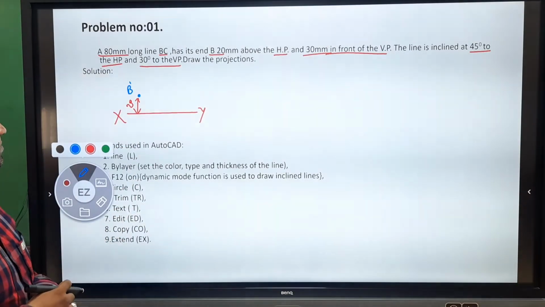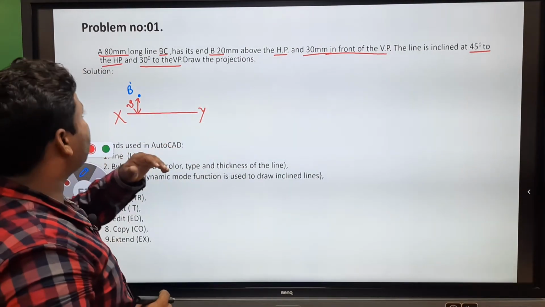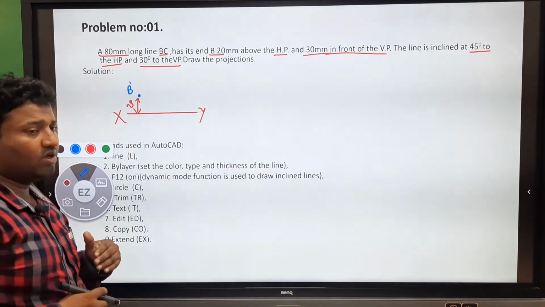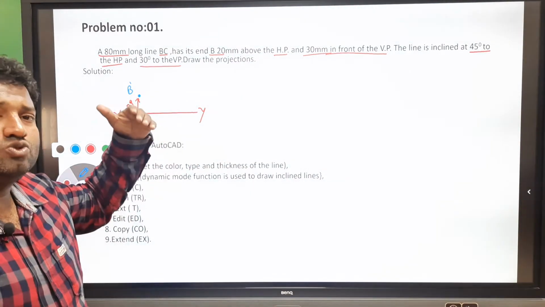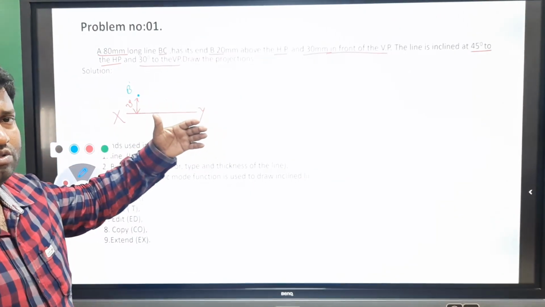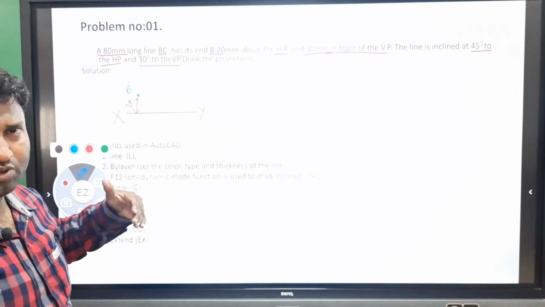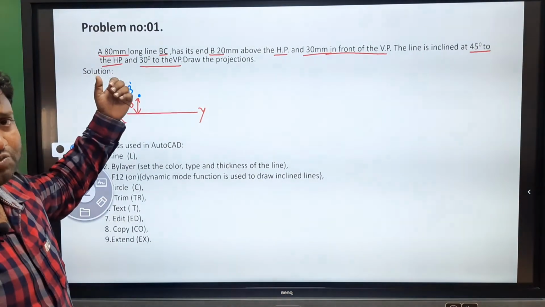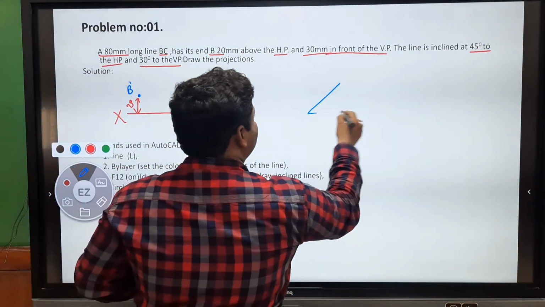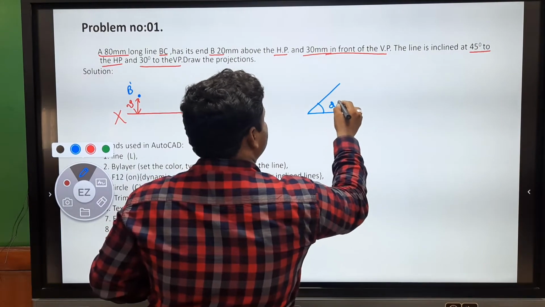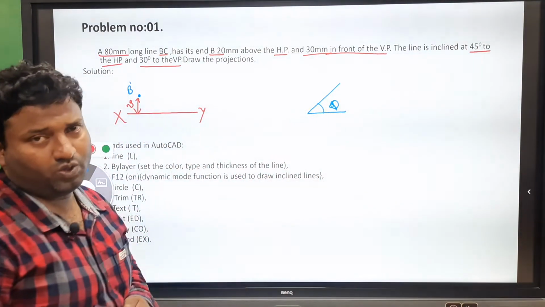Now, at the same time it is 45 degrees inclined to HP. Whatever angle is inclined to HP, the inclination 45 degrees comes in the VP only, because when we view from the front view, whatever theta is there, the theta appears on the VP only.